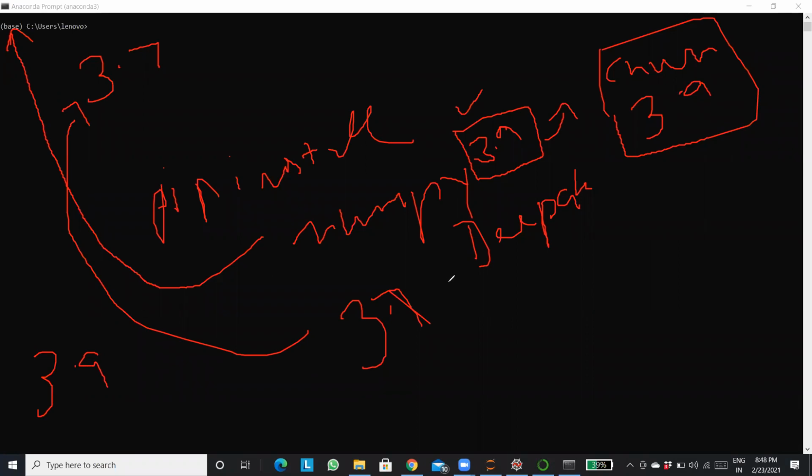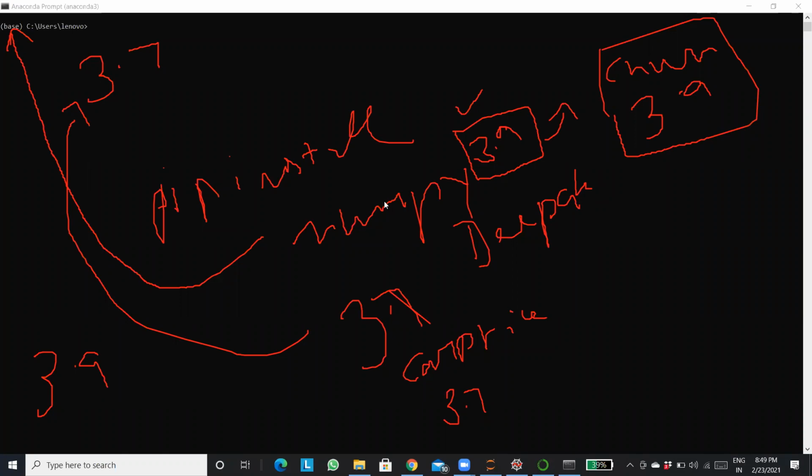Now Deepak already has his project created, let me say a car price prediction project, where he has used NumPy version 3.7. He upgraded it to 3.9. Now what should he do? Because anyways, only one version can be there. You can't install two versions in a single system.